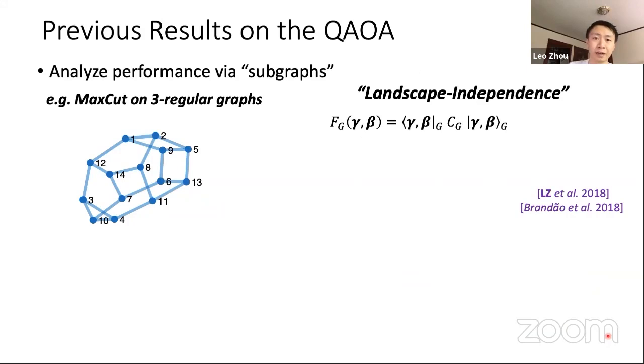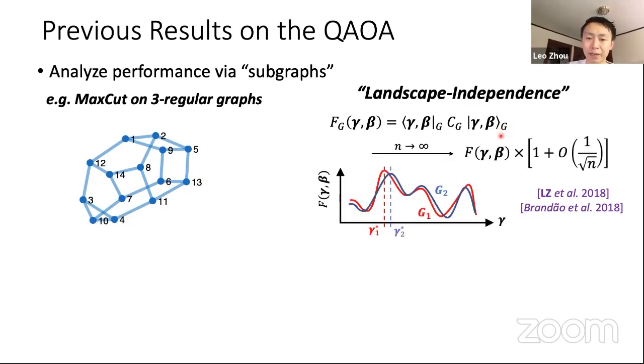Now, another result that came out of this subgraph analysis is a phenomenon called landscape independence. This is the idea that if you look at the expectation value of the cost function for a given graph, of course it depends on the graph, because the cost function itself depends on the graph structure. And the wave function, since it depends on the unitary that depends on the cost function, will also depend on the graph structure itself. But it turns out that if you take the n goes to infinity limit, because of the fact that